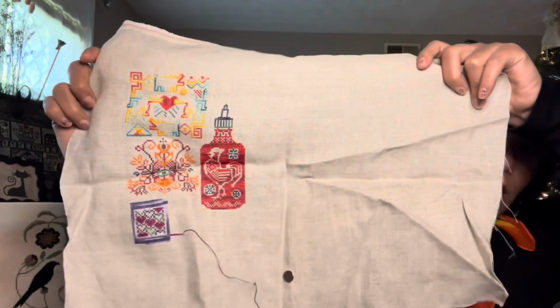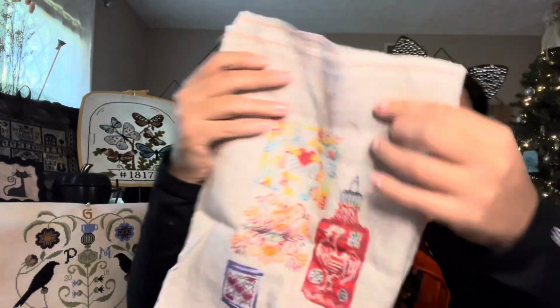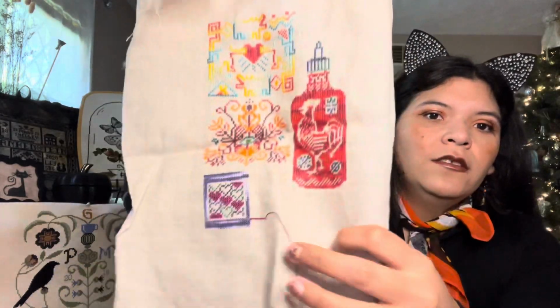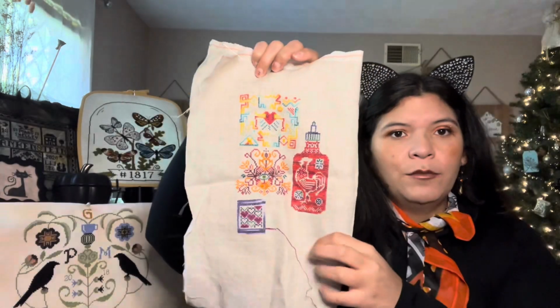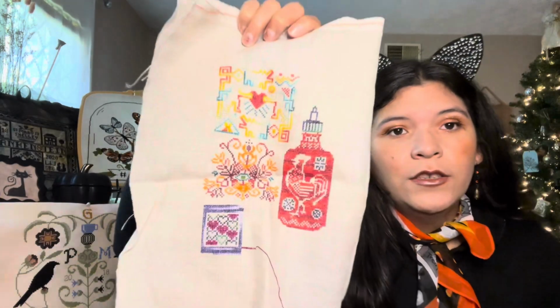And the last one that I've been wanting to pull out is Stitch for Pride. I started this stitch along late. I started in June, at the end of June, and this is what I've gotten. Let me just fold it. I haven't done much since the last time you saw it, but I want to touch it